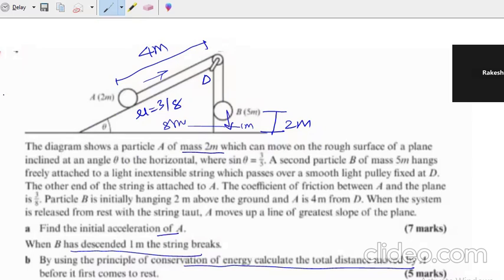The sine theta is 3 by 5. You know, if sine theta is 3 by 5, cos theta is 4 by 5. Understood? Okay, now